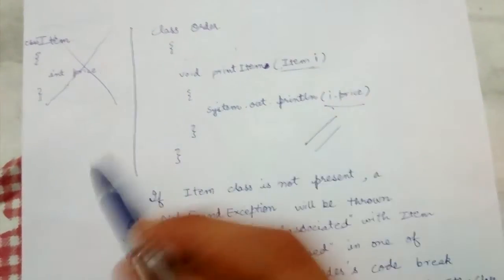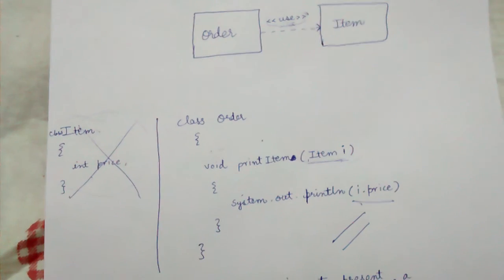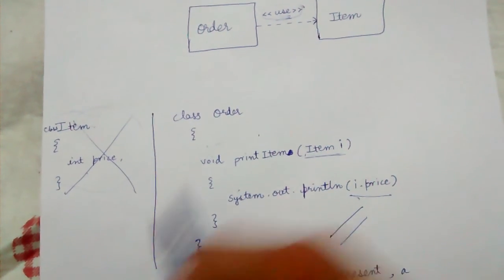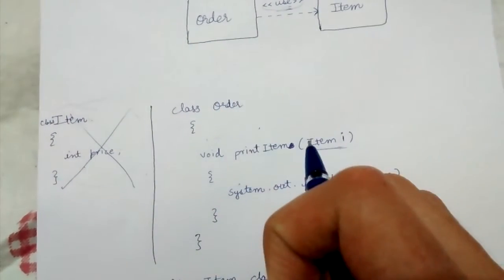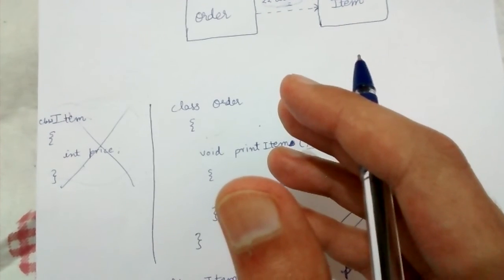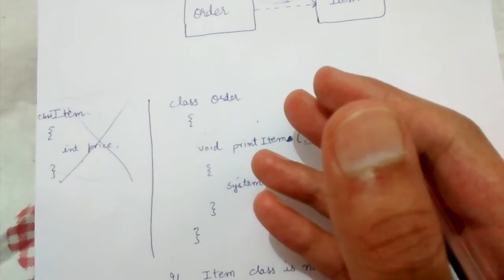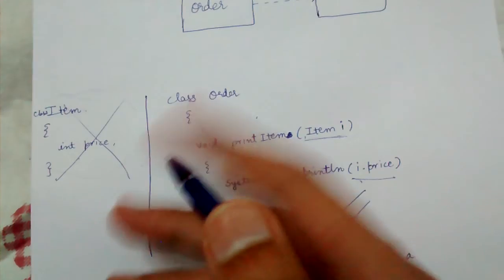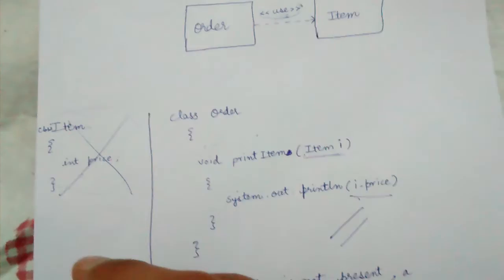So this is the kind of dependency which we have studied. There are other kinds of dependencies also in class diagrams, but we will look at only this one. This is a very broad kind of relationship, in contrast to the relationships which we have already studied, like the inheritance relationship, the aggregation, composition, or containment, or maybe association relationship, directed association, etc. Okay, so thank you friends.